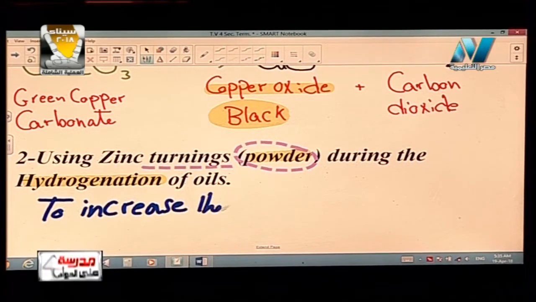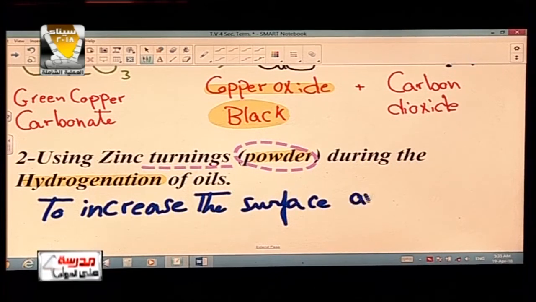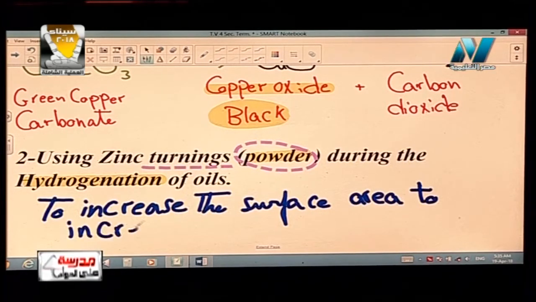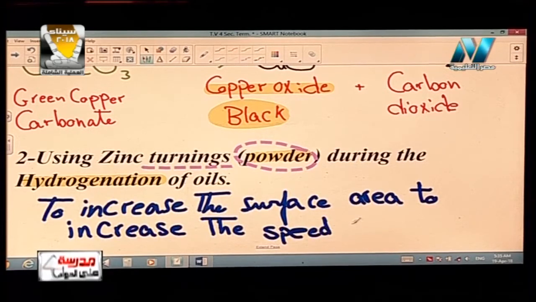the surface area, to increase the speed of chemical reaction,